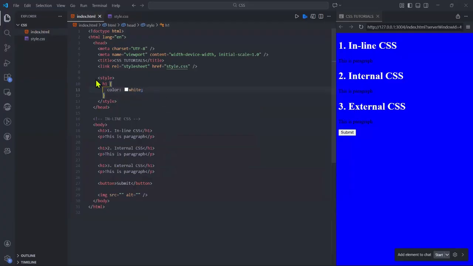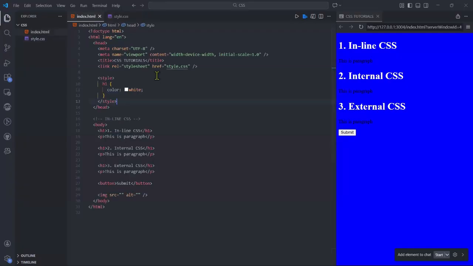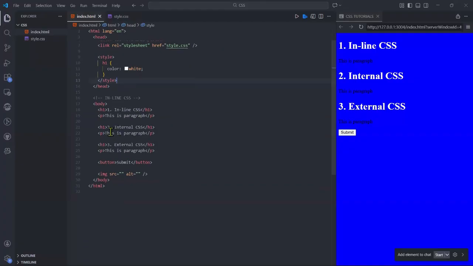You see, this one is what? Internal. This one is external, right? This one is linking to the external, and this one is internal, right? And then you can still go inside and add any inline CSS that you want to add. Maybe I'll go and add what? Here and say style,